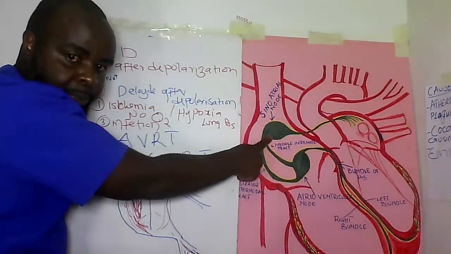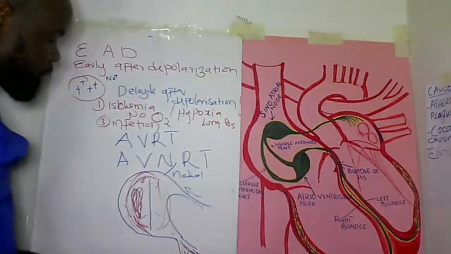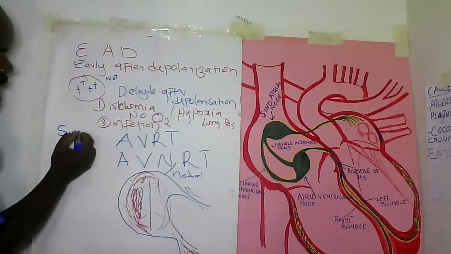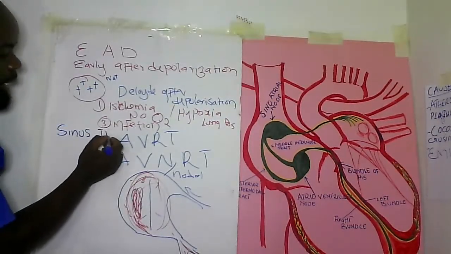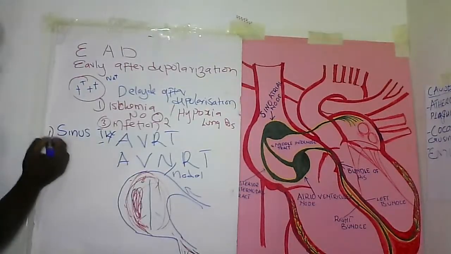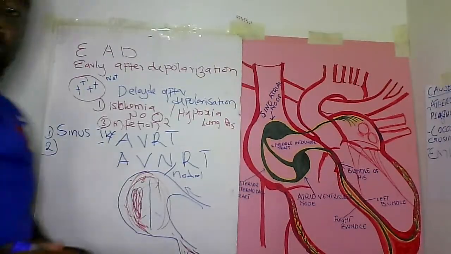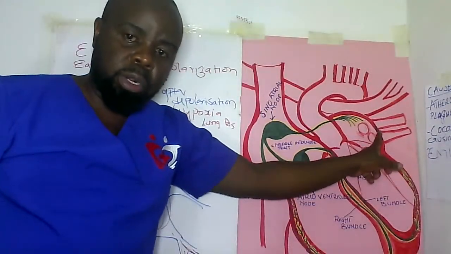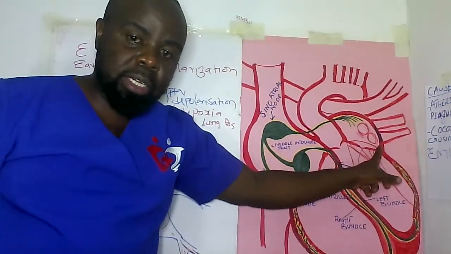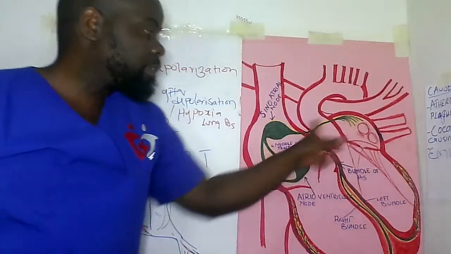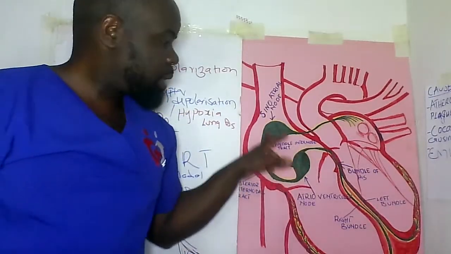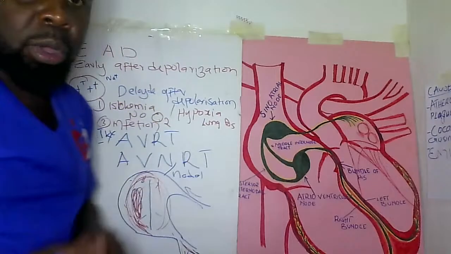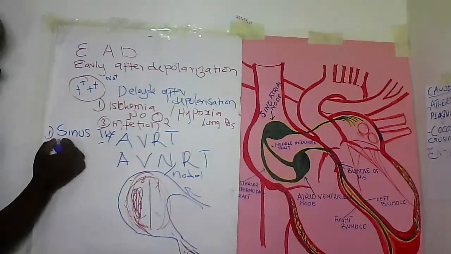sinus tachycardia, when the sinoatrial node is beating so fast. We talked about sinus tachycardia, 1, 2. And then we talked of a pathology whereby someone has a Kent bundle. You are born with a Kent bundle, that is pathology. So it is bringing in, as this one is firing, this one is firing, and your heart is beating fast, it's beating fast. We called it focal atrial